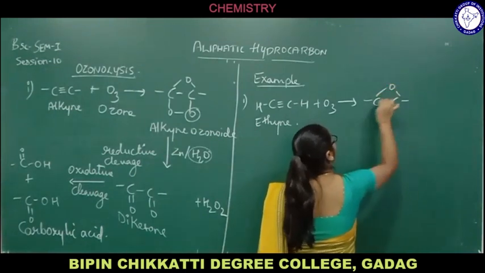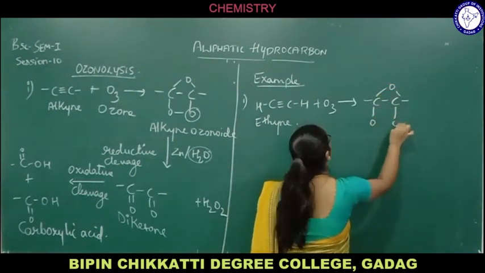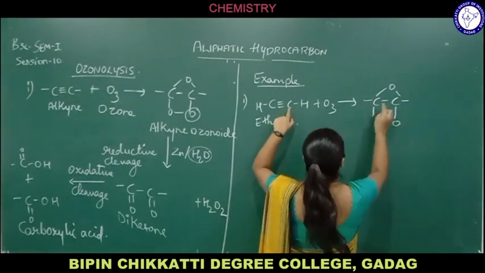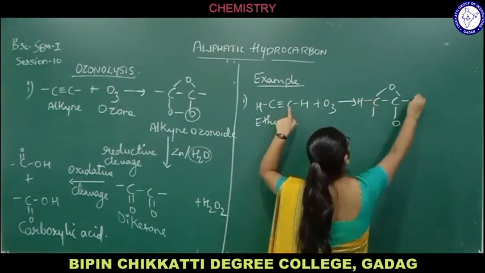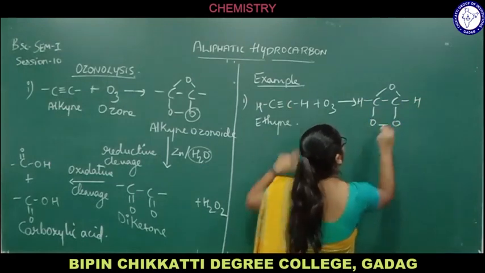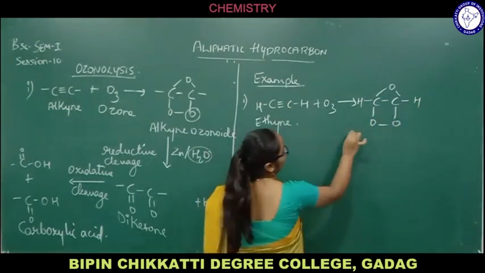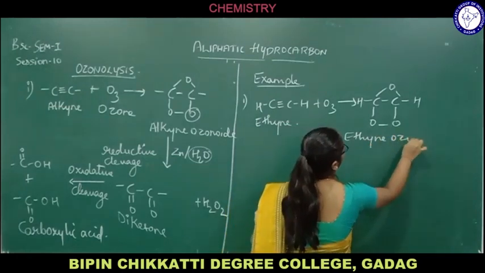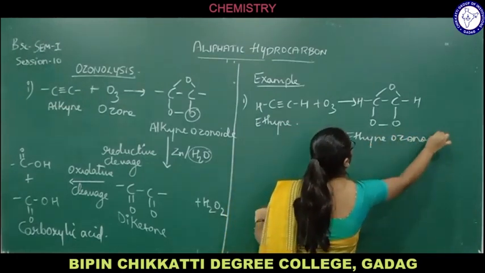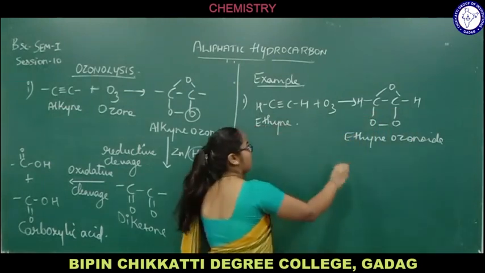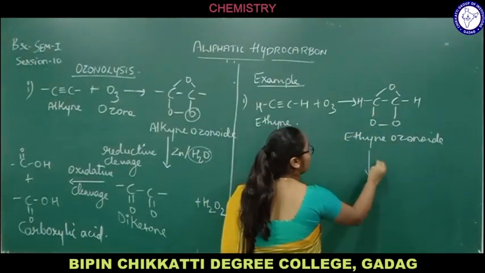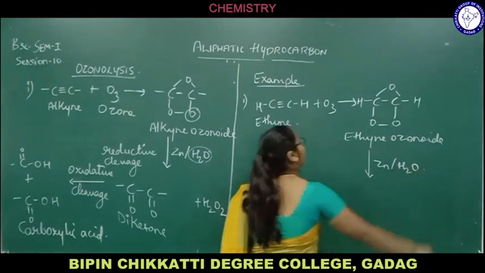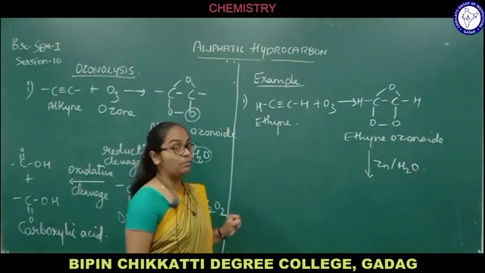So this is the ozone. Okay, 2 carbon, 2 hydrogen, I'll write down in this manner first, and yes, this is ethine ozonoid, or you can also write it as ozonide, no worries. Now this, on further reaction with the zinc dust or water, ethine ozonoid, which has been formed as an intermediate,